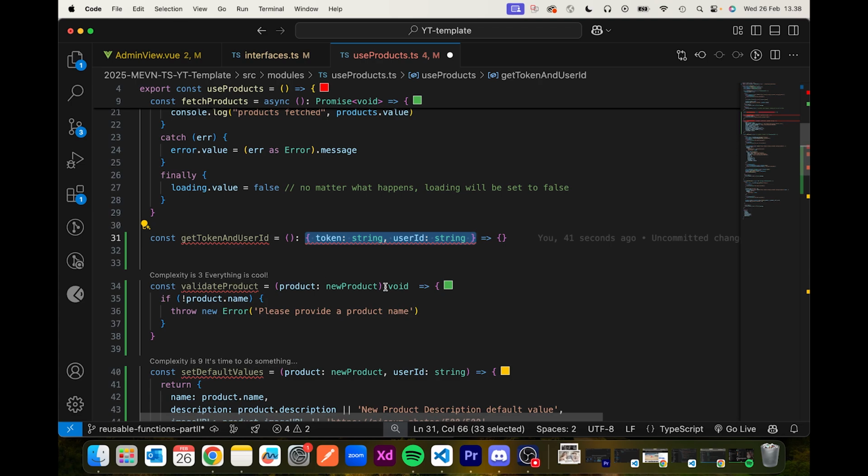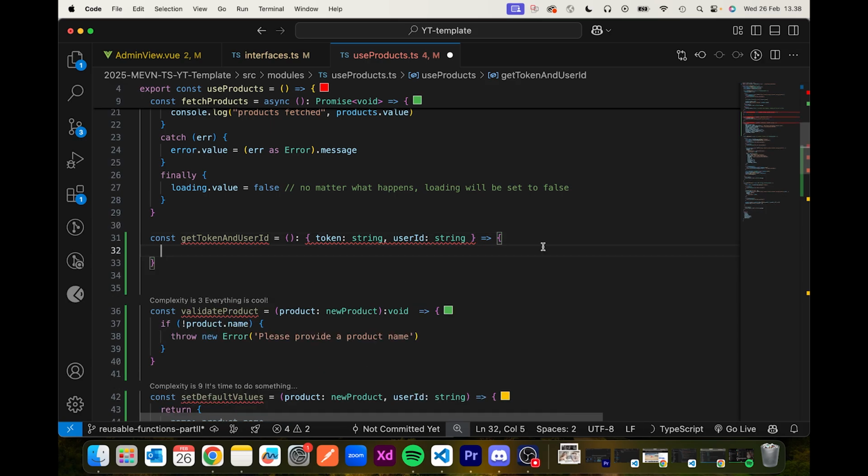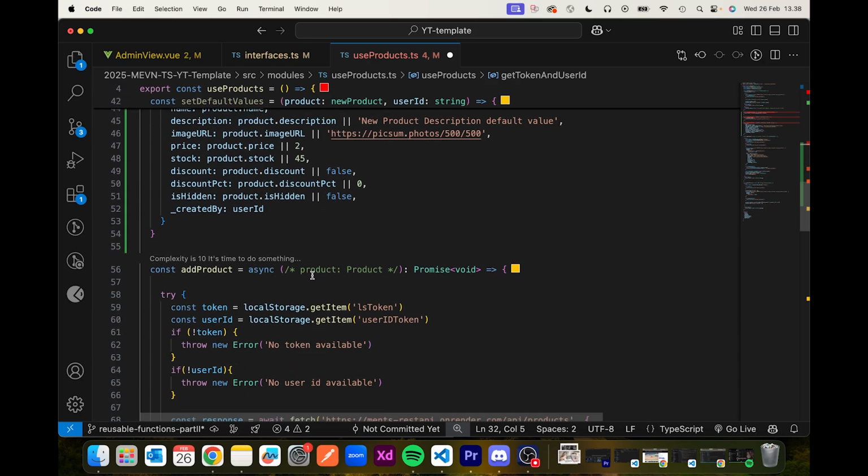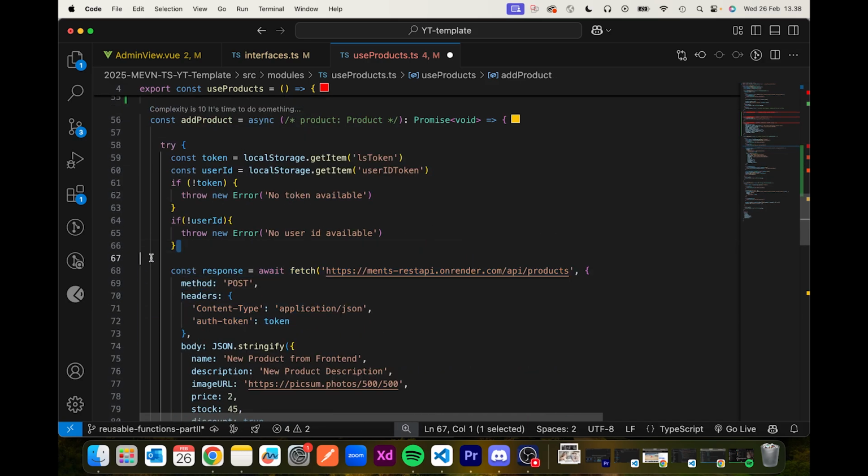So this is sort of like when we do a void, right? So we're declaring what we're using here. So in this case, token string user ID. So it specifically knows what's going to happen. Very explicit. In here, if you're lazy, and I like being lazy, this part here from